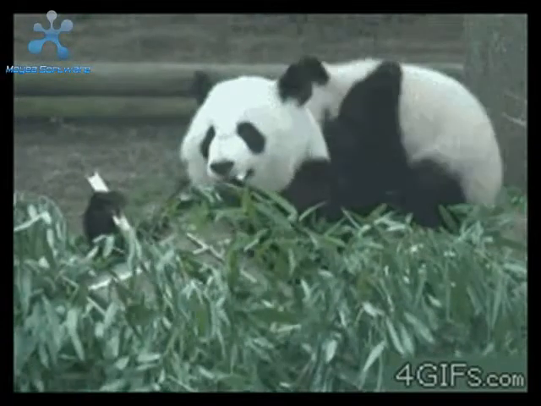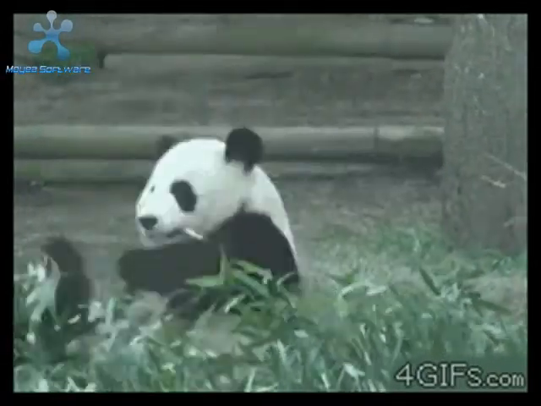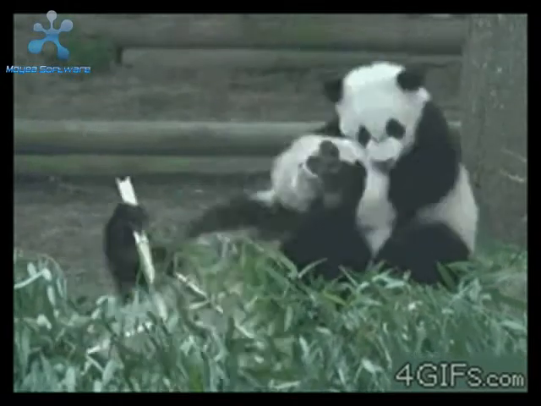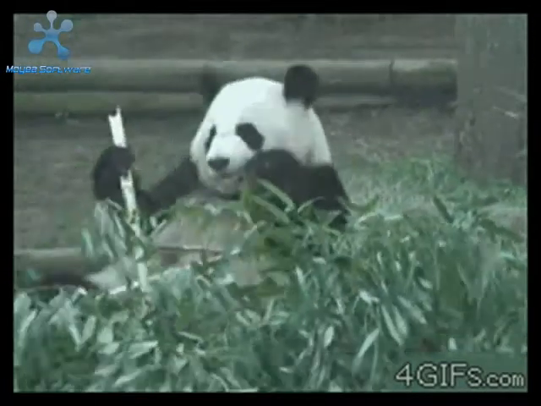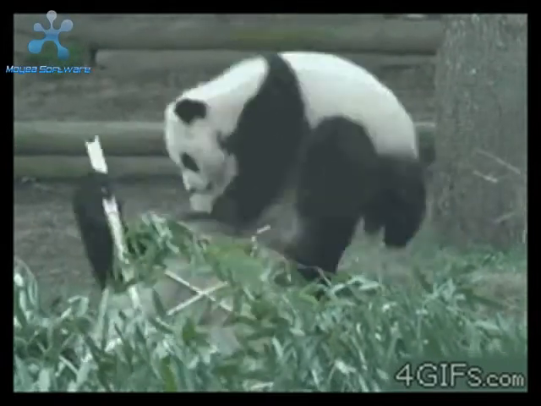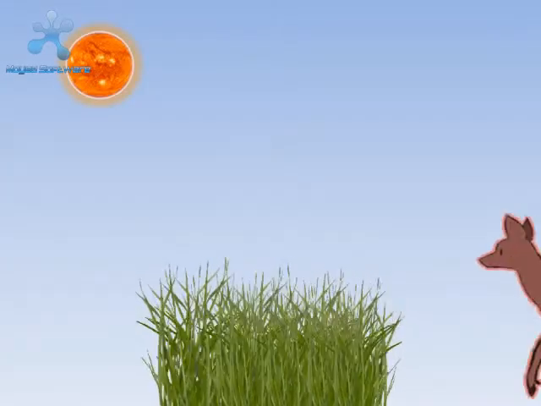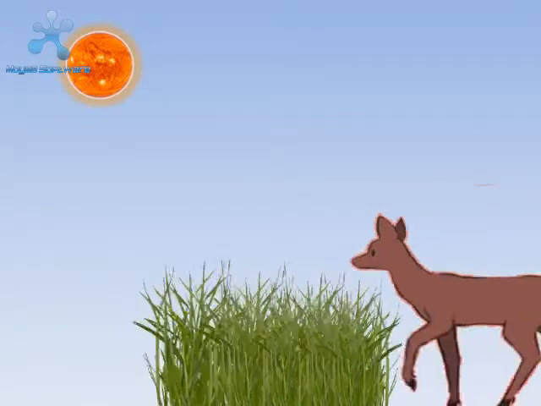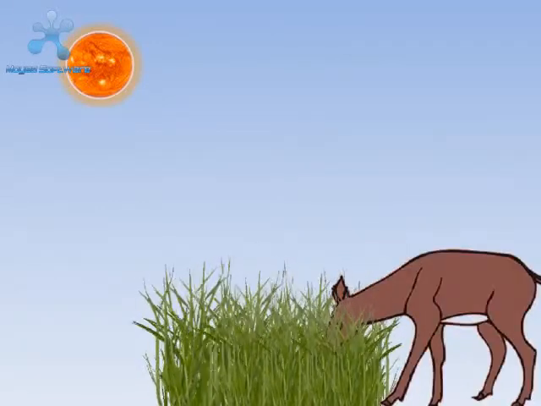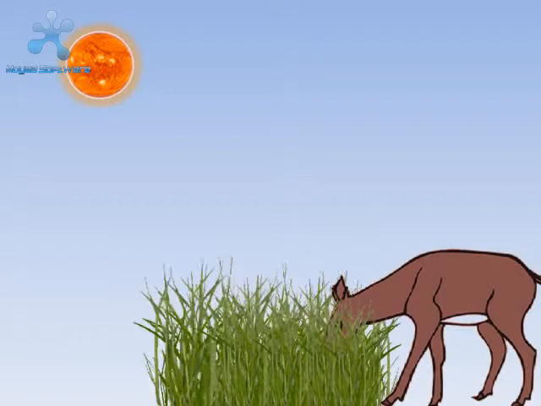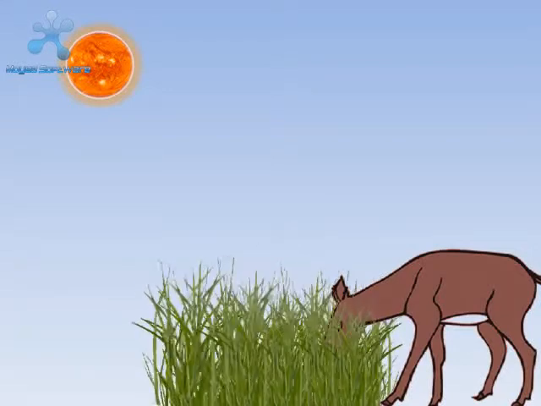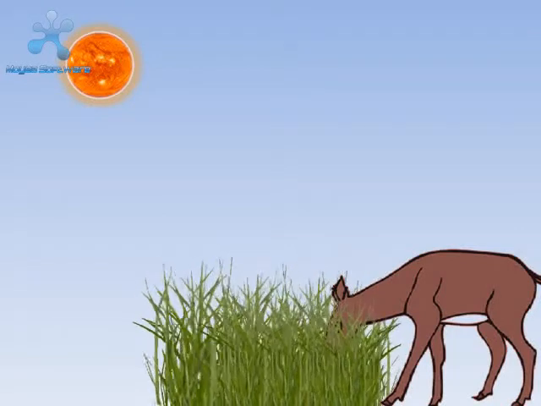Animals are heterotrophs since they cannot prepare their own food and readily consume what is available. Hence, in any ecosystem, animals are described as consumers. You know that animals differ in their food habits. There are animals which feed only on plants and they are called herbivores. In the ecosystem, herbivores are described as primary consumers.